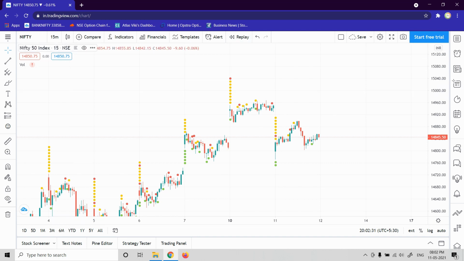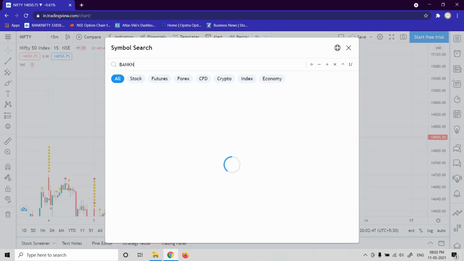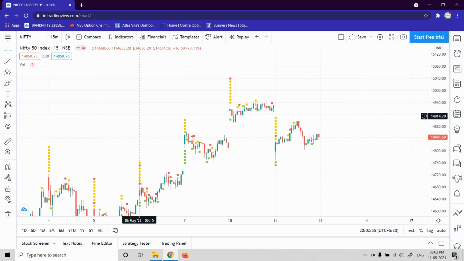You don't have to always go to this script name here to change to a next script. All you can do is click anywhere in the chart, and then start typing your new script name or your desired script name. Then your script directly appears in here, just like this. See that? I'm not going to that corner to do this. And if you want to close it, all you have to do is press the escape button.